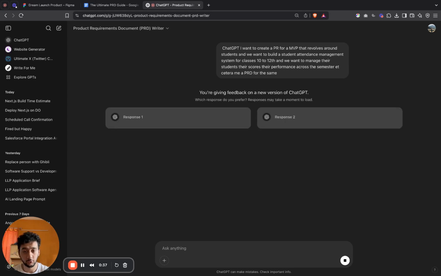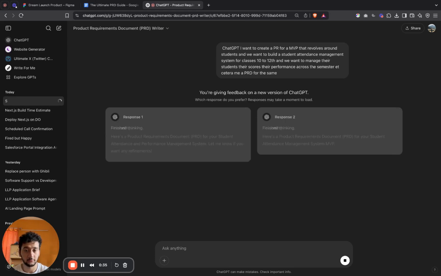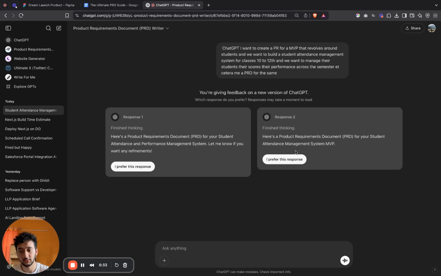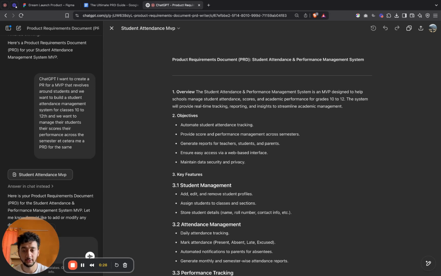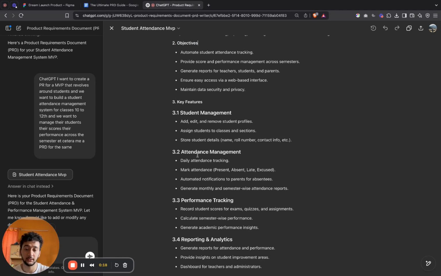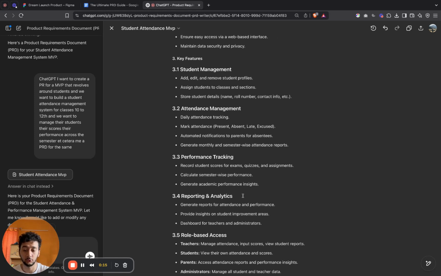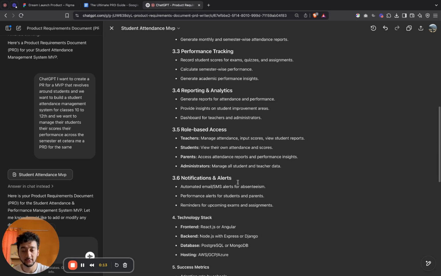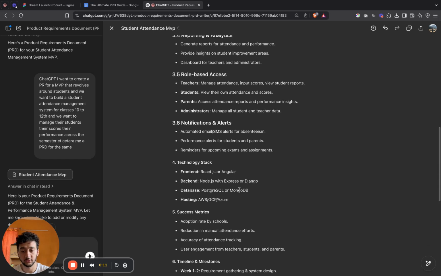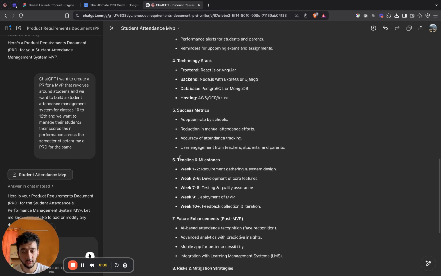And if I give in this prompt, it usually provides different responses. I think it's still generating. So it just finished generating the PRD template, and this is what it generated. It created an overview. It created objectives, some key features which can be student management, attendance management, performance tracking, reports and analytics, role-based access, notifications. Obviously, we then have a tech stack, a timeline and